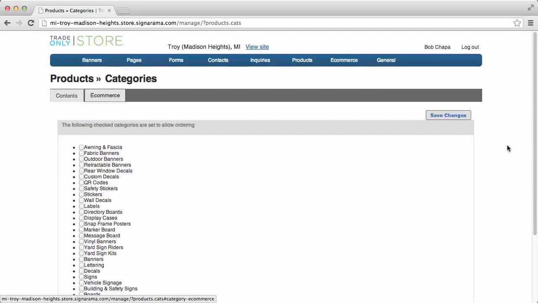The last thing that I'm going to cover is just the general overall layout of the site. So there are definitely some pages on your site that are part of the template. There are also areas that are part of the template. So if I come up and I view my Troy Madison Heights site,